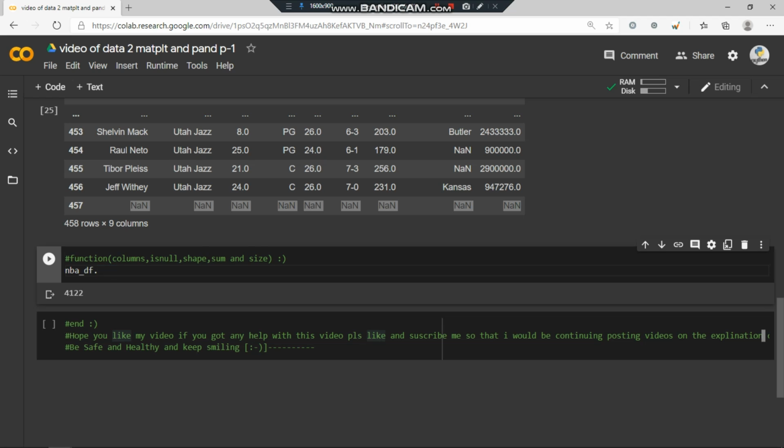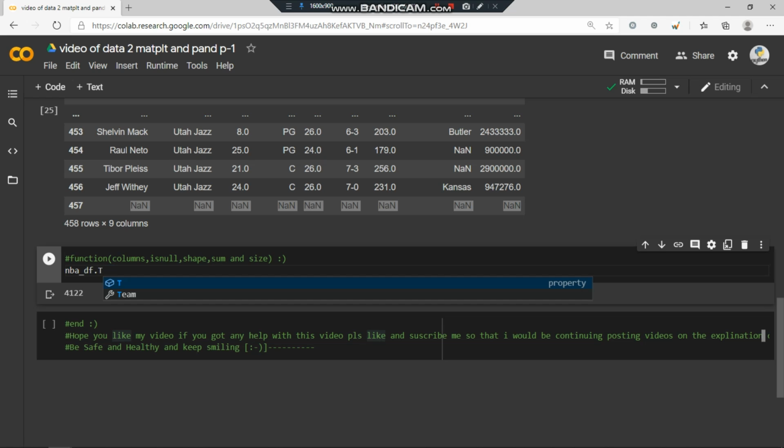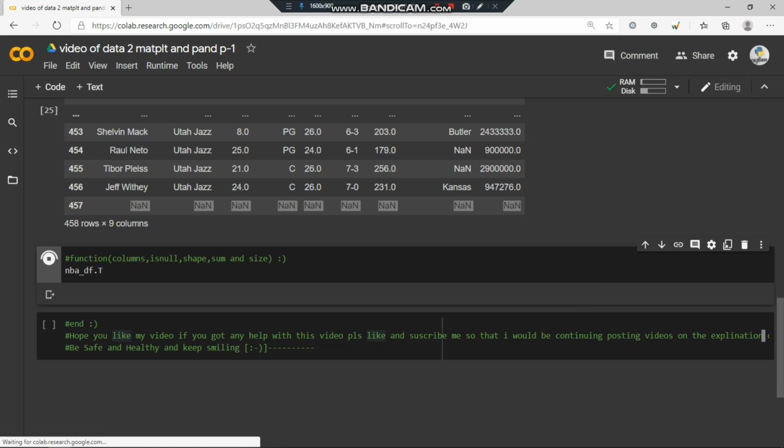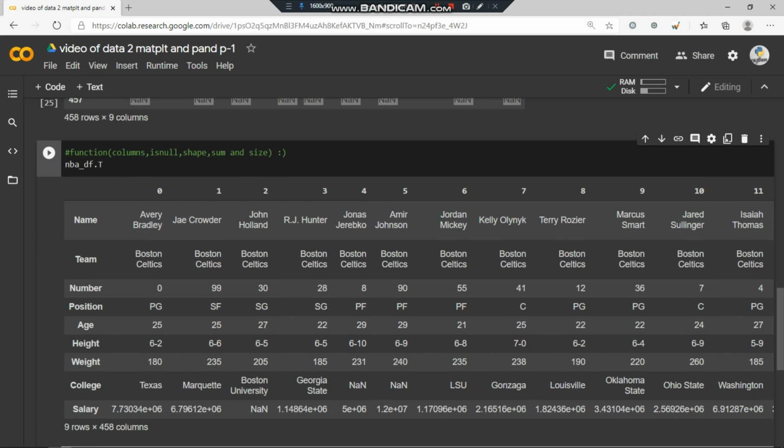Now T is the main one, very much used by any Python programmer, because it is very important to know that it transposes the data. How we transpose the data is a very good point: the Python programmer who created it made it so easy that writing the keyword T will transpose the whole data, without using a for loop.